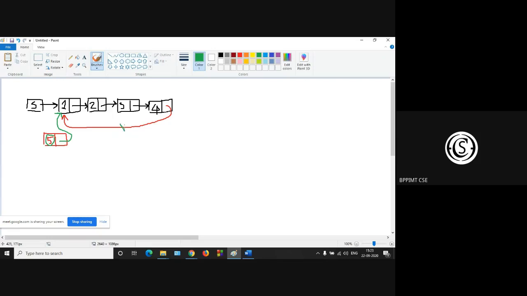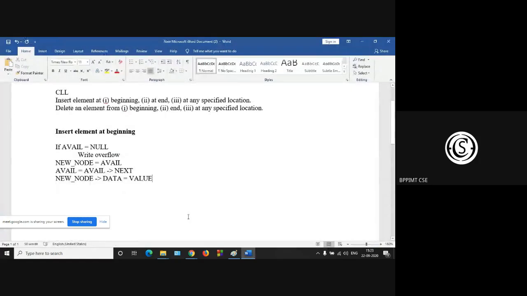So this one is broken, and create a new link from 4 to 5. Yes, 4 to 5. Okay. So the value is inserted in the new node.